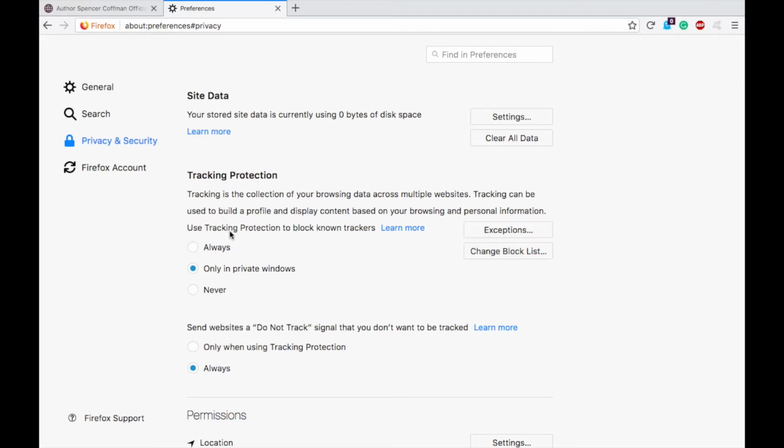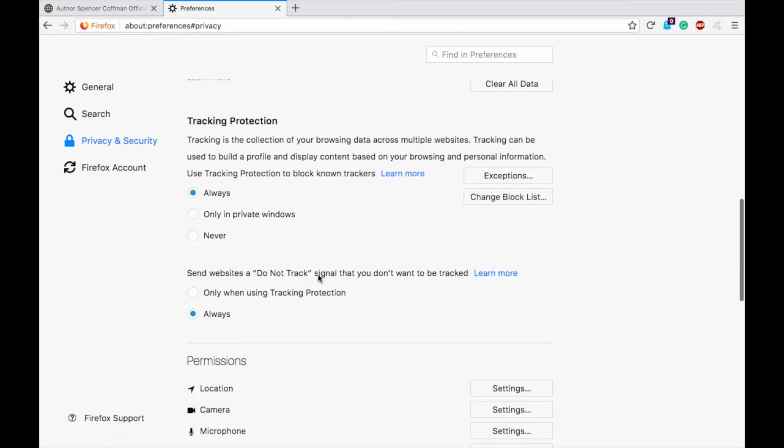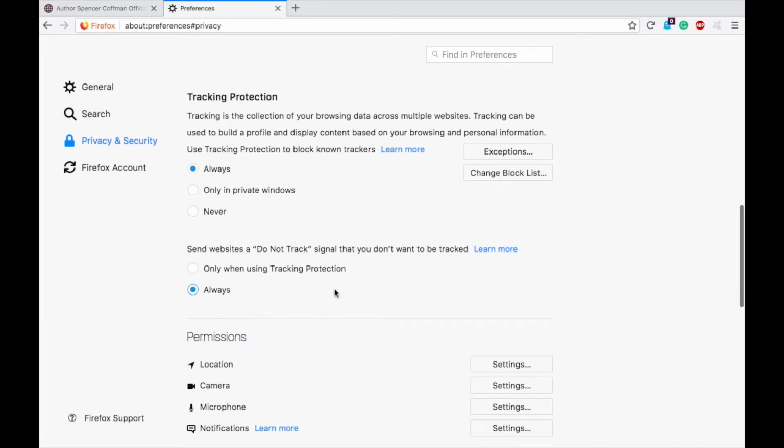So I have used tracking protection to block known trackers, and you can do it whenever. I personally recommend setting it to always. This way they are never targeting you, they are never saving your information. Also, send websites a do not track signal that says you don't want to be tracked. I would say always as well. That way it's never happening. You're never sending out your information. You're never getting tracked by anyone else.